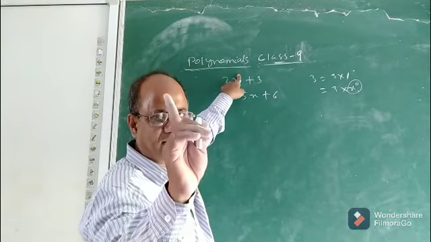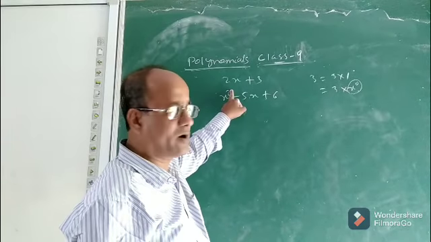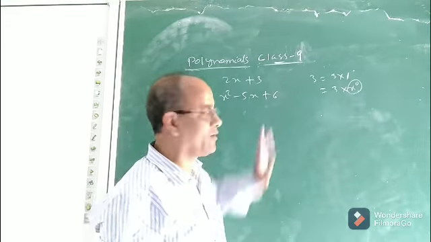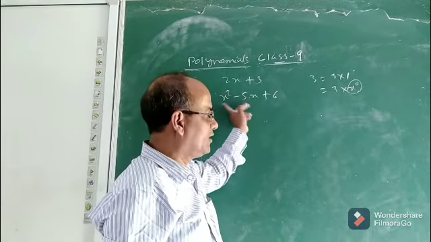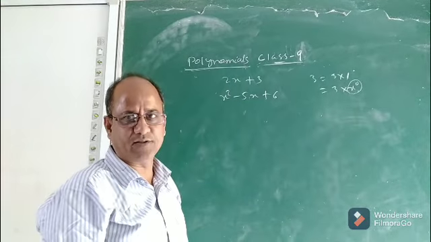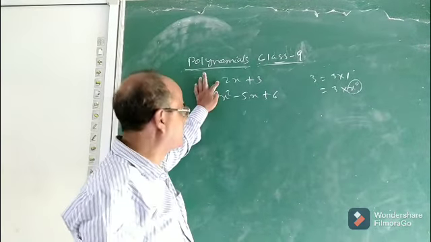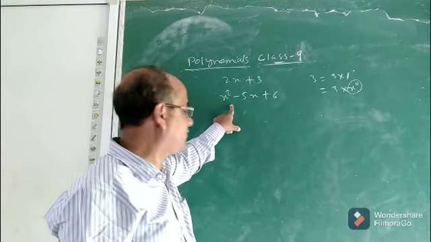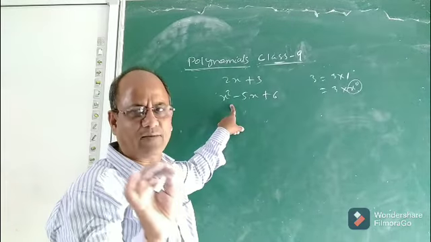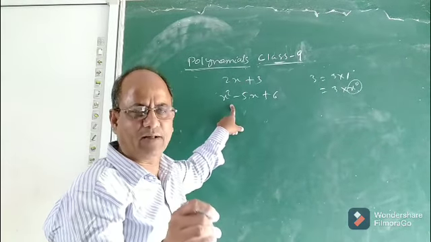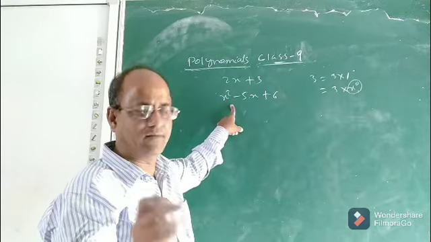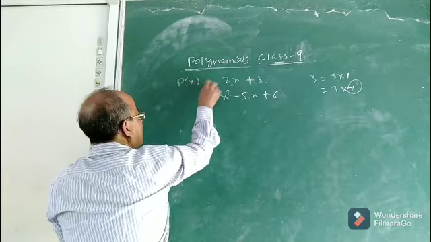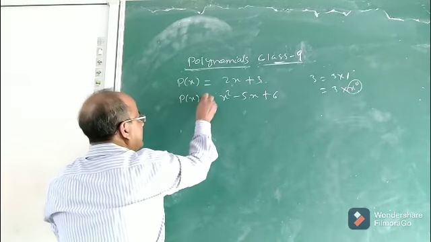Here the power of x is 1, which means it is a positive integer. See, here the power of x is 2 in this expression, here the power is 1 and here the power is 0. So here also, the exponents of the variables are positive integers. That is why this is a polynomial in variable x. We can consider a polynomial in any variable, not only in x. You can take any other variable, x, y, z, t, any variable. So, this algebraic expression is a polynomial in variable x. This is another polynomial in variable x.